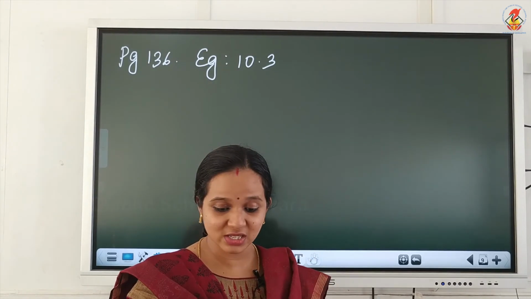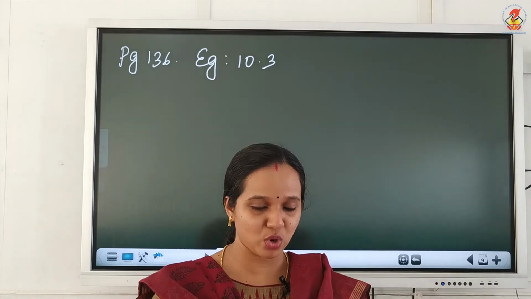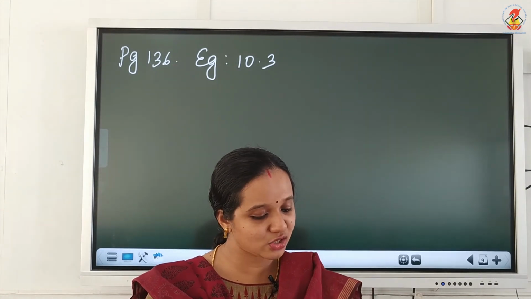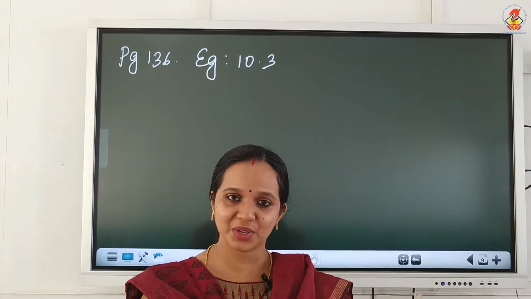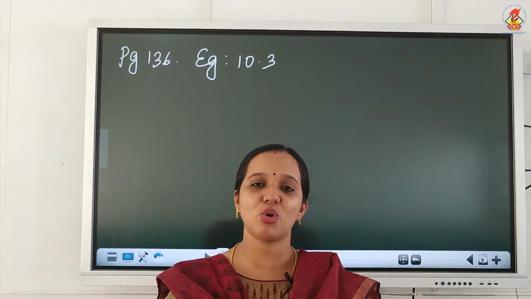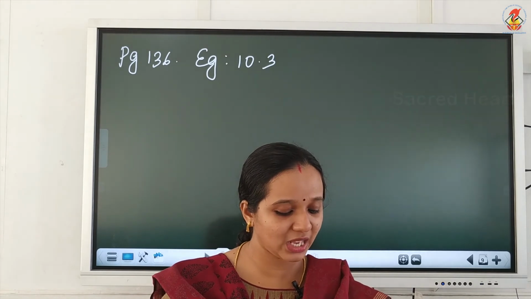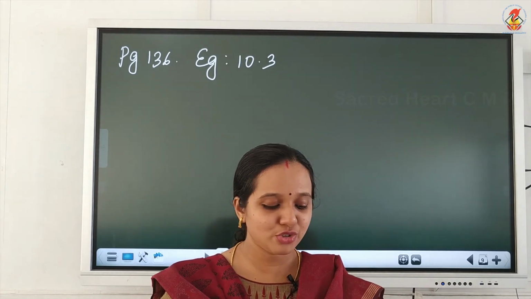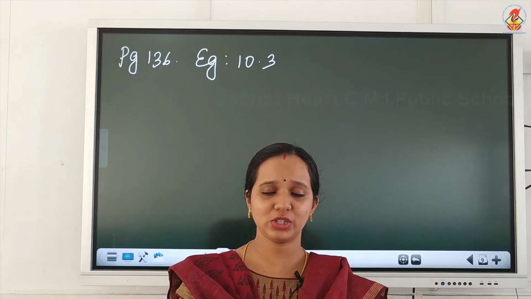And the question is, an object is thrown vertically upwards and rises to a height of 10 meter. Calculate, subdivision 1, the velocity with which the object was thrown upwards. Subdivision 2, the time taken by the object to reach the highest point.